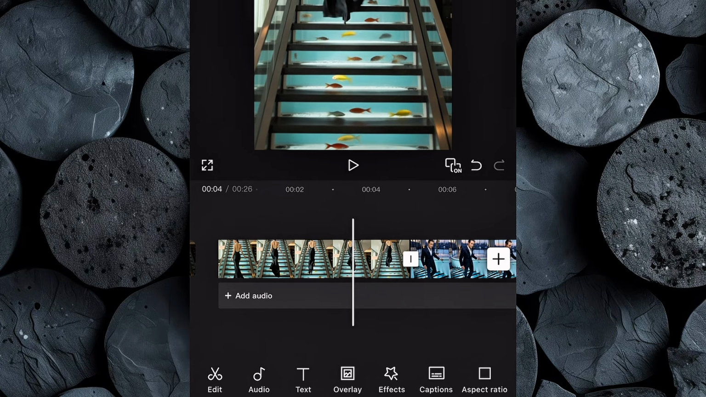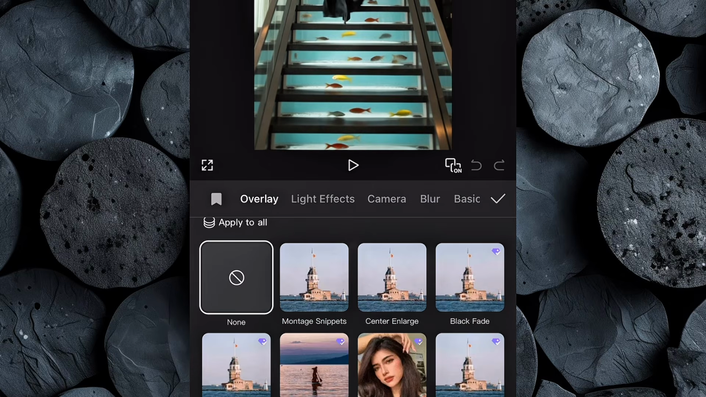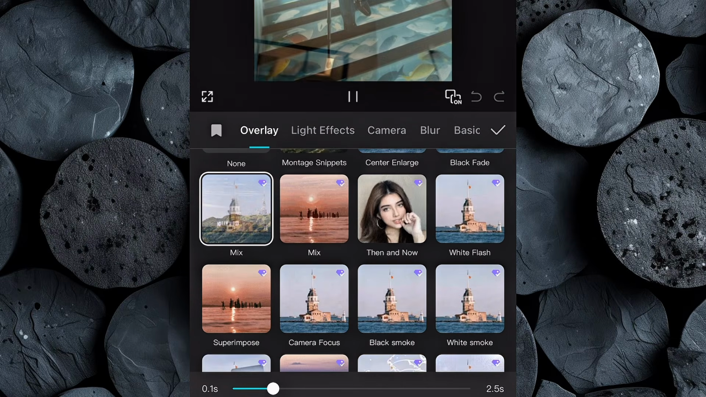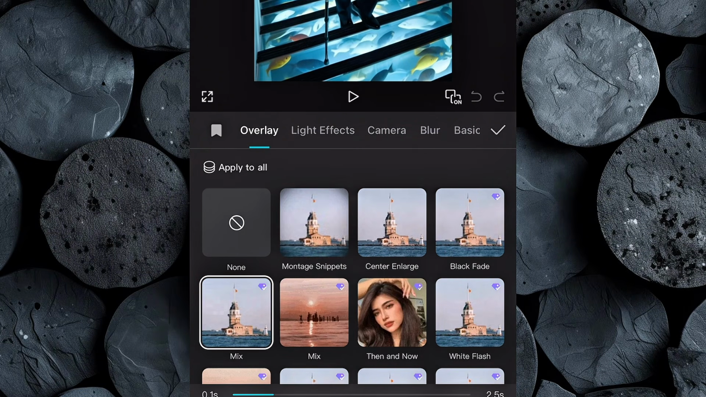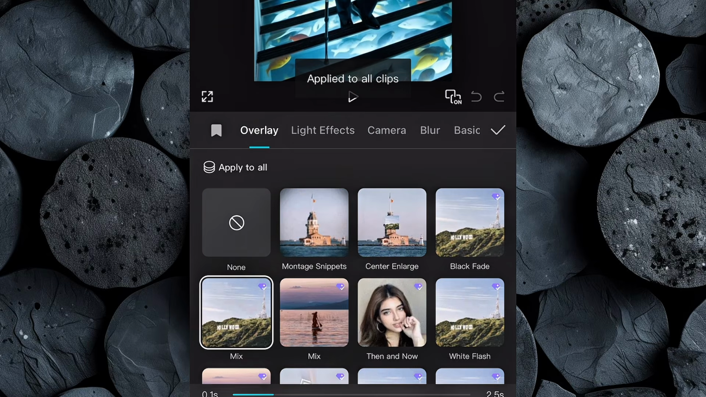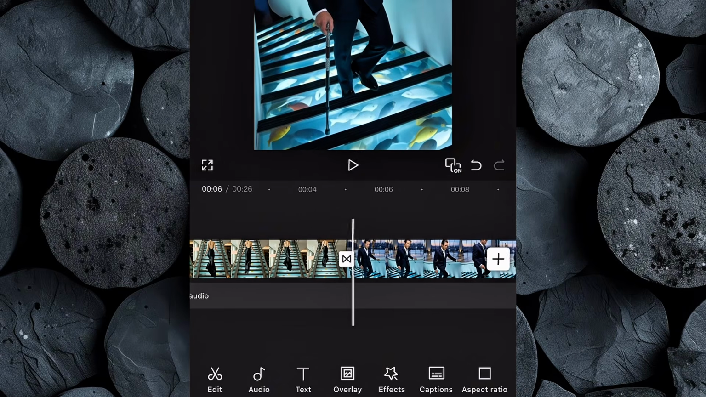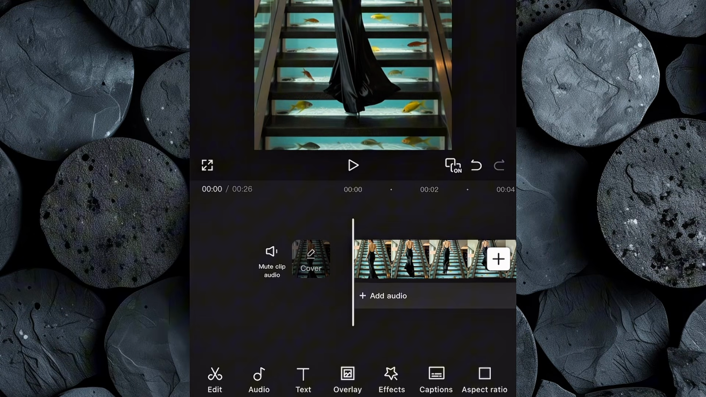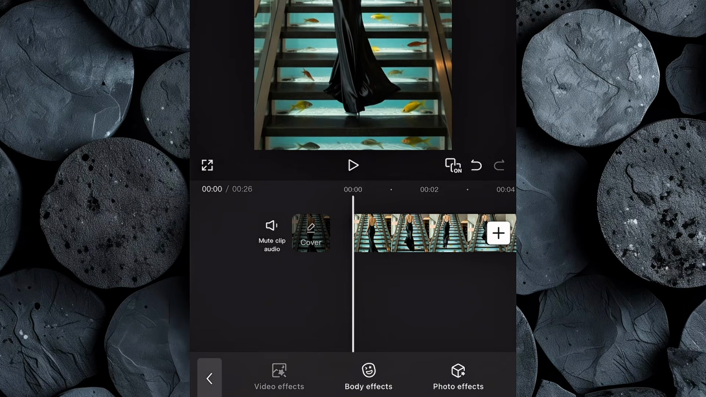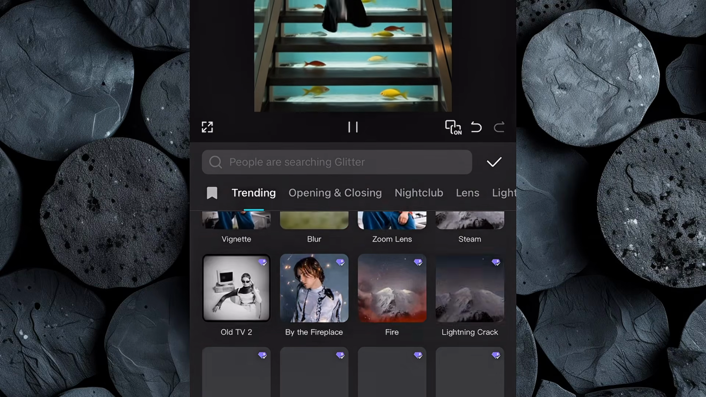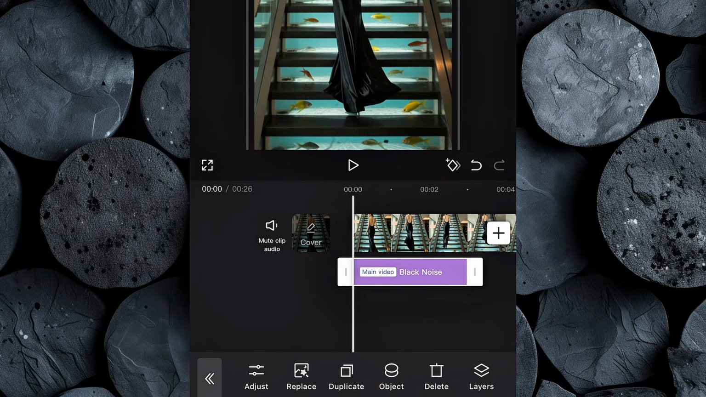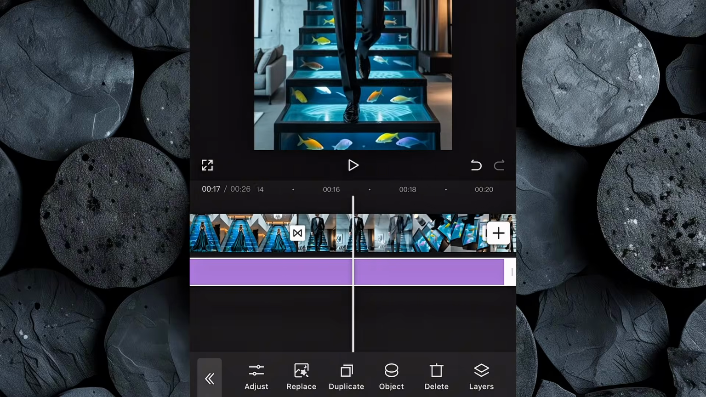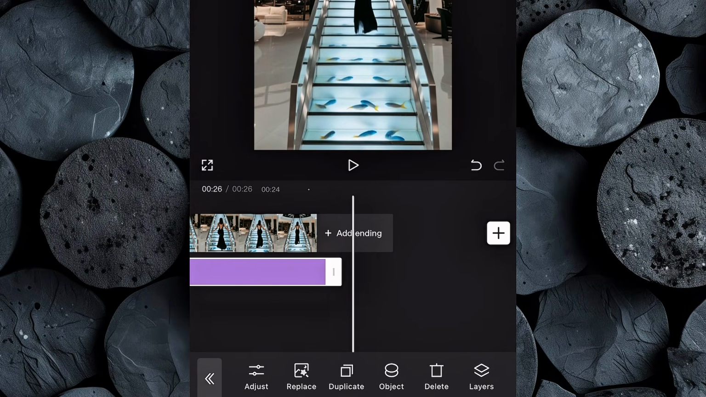Next, let's smooth out the flow with transitions. Click on Overlay, browse through the available transitions, and pick one that fits your video's mood. Once you've chosen your favorite, hit Apply to All to keep everything consistent across clips. Now it's time to add some video effects to give your visuals a little extra flair. Click on Effects, then choose Video Effects. Scroll through the selection and find one that enhances your video's atmosphere. Once you've found the perfect match, drag the effect across the entire timeline so it covers the full length of